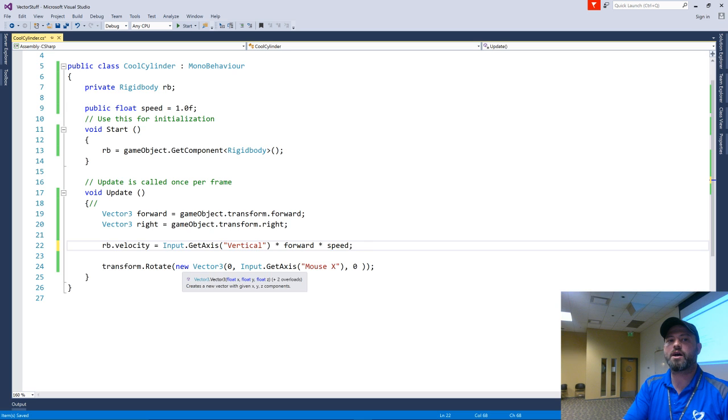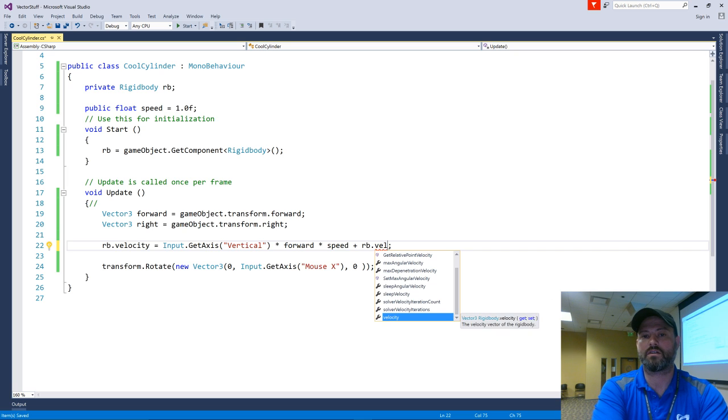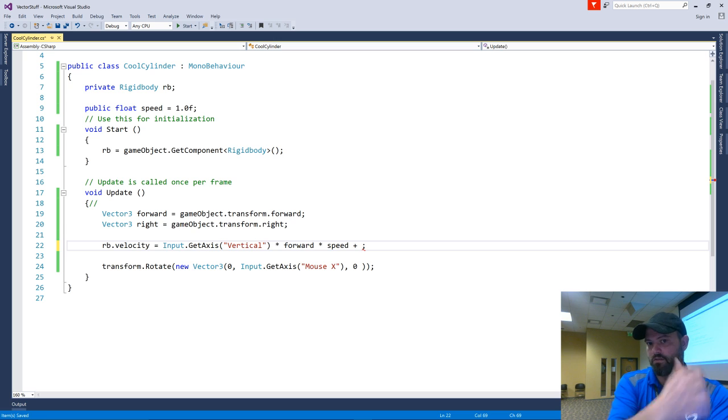I'm still going to have the problem with gravity, so I could add gravity to this. rb.velocity, adding gravity to this is the y component. Yes.